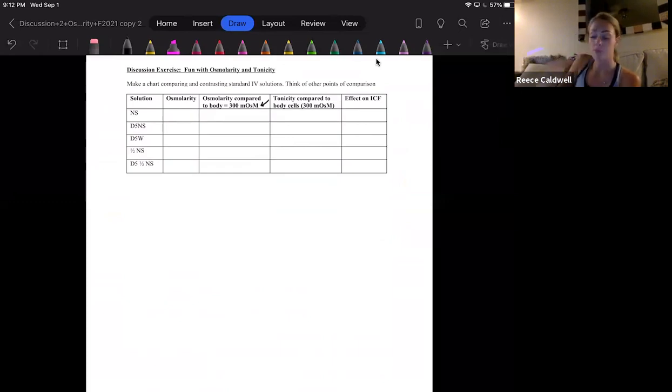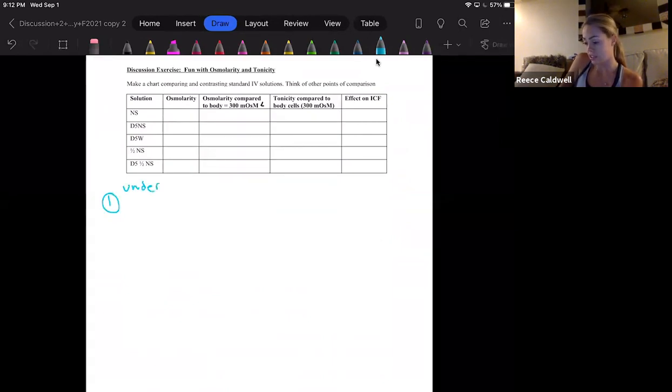Chang is looking for milliosmoles. So the first thing that I want us to do is understand what these are. So we'll begin with the first one,